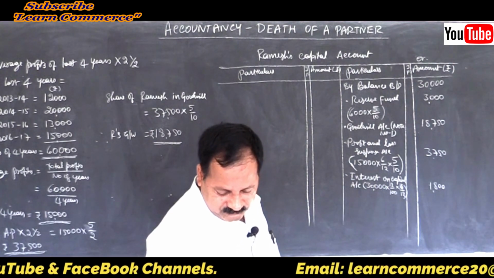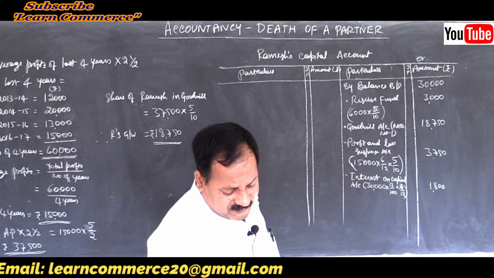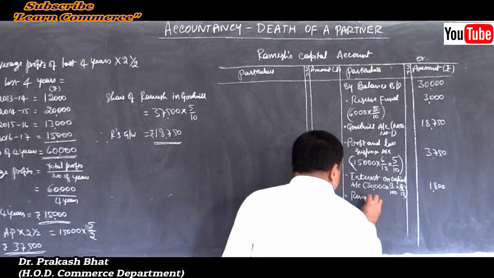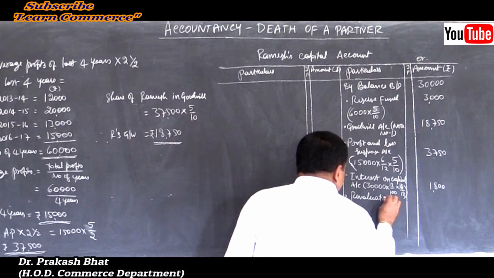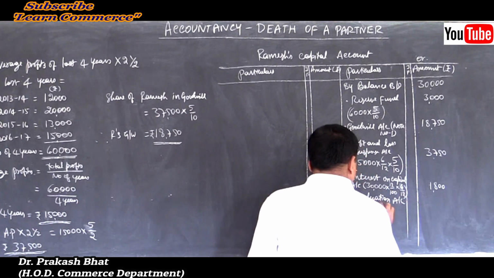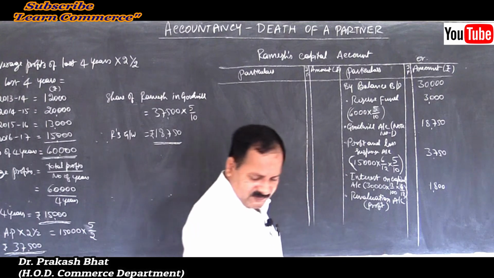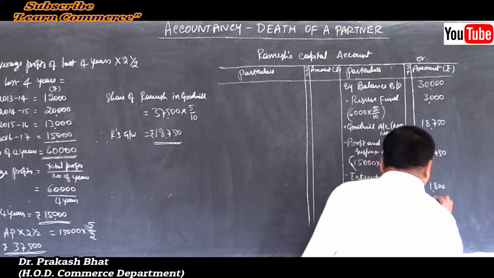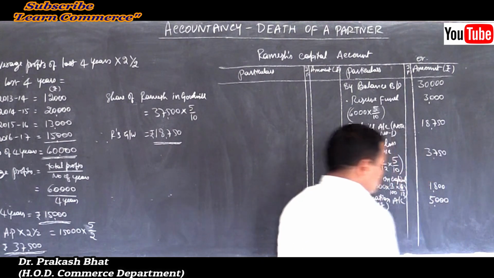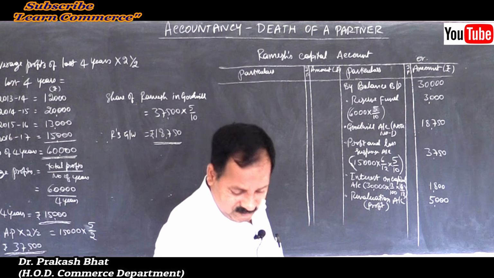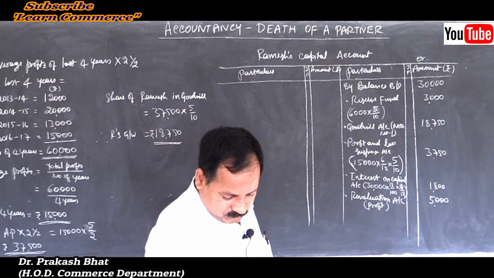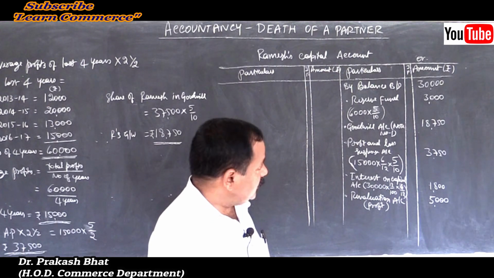Then they told revaluation profit was there, isn't it? Profit on revaluation was there. So by revaluation account, credit balance they told, that means profit. Revaluation account profit. How much was it? It was 5,000, correct? 5,000. That's all. Anything else? That's all. Yes, 18,750,